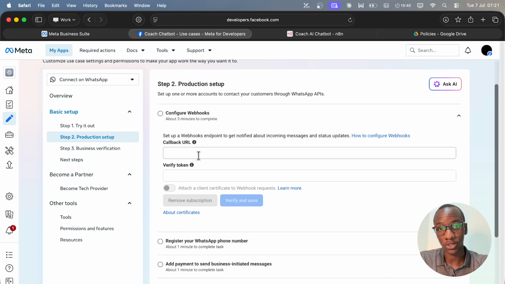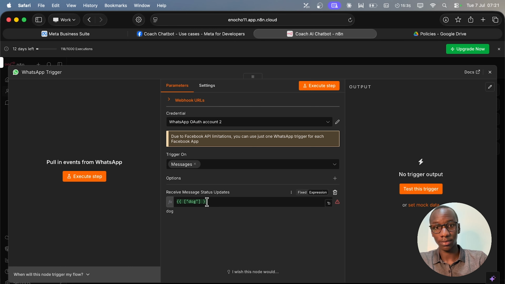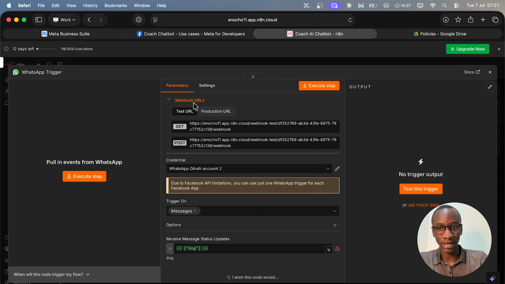to connect to n8n. So come into n8n over here, and in this same page where you had just input the WhatsApp trigger, this WhatsApp trigger node, up here you should see a little toggle that says webhook URLs. Click that, and then instead of selecting test, go to production URL and copy any one of these. They're actually the same, so I'll go ahead and copy this one by clicking on it,